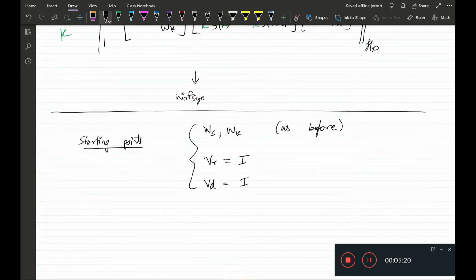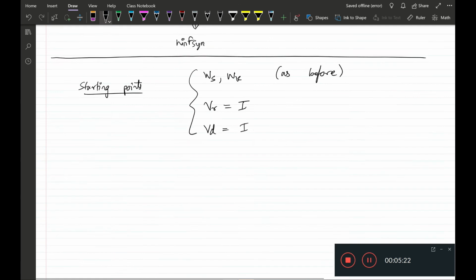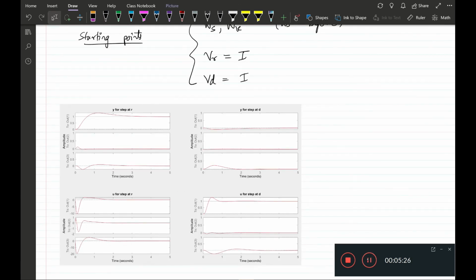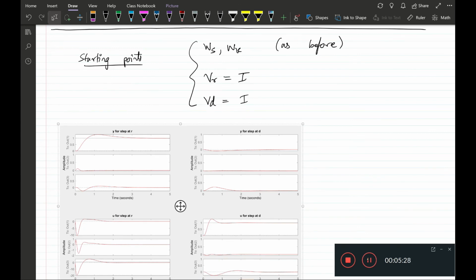I will now just show the time domain plots for this design. What I've done here is used for WS and WK the design as before, which was the 2-block design with roll off in K,